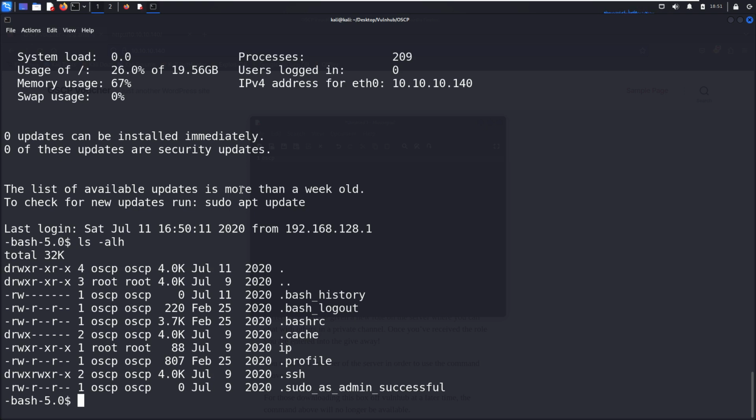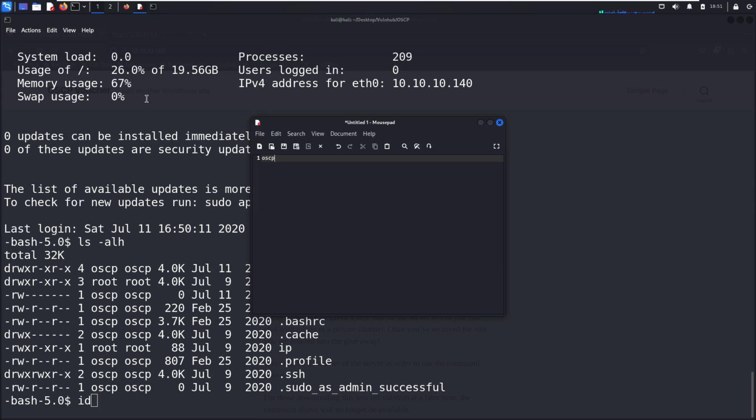And next we need to do some local enumeration. So how to do local enumeration? I advise you to do it this way. First of all, we need to check the ID, and next we need to check the bash history file, and then next we need to check the kernel, and next we need to check sudo to see whether the current user can run sudo, and next we need to look for the SUID binary.